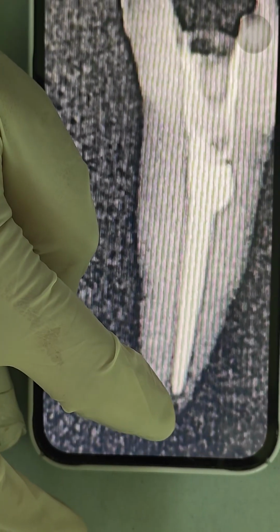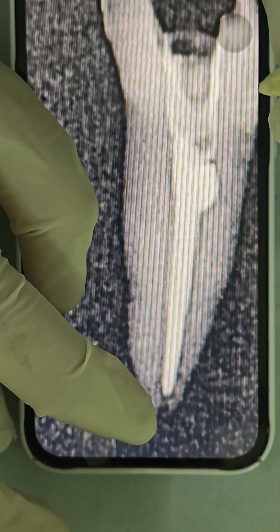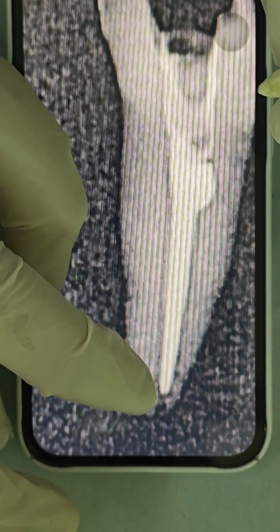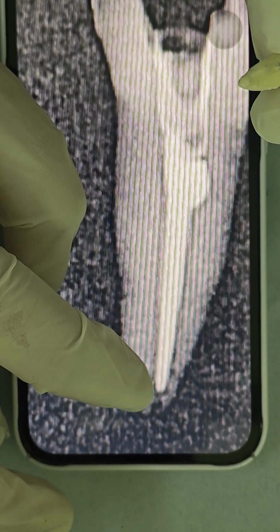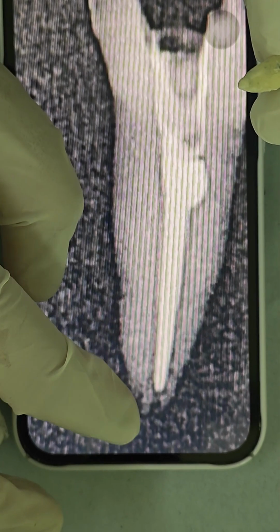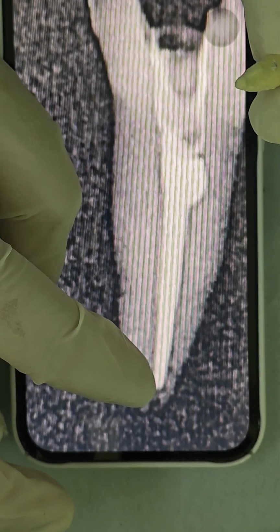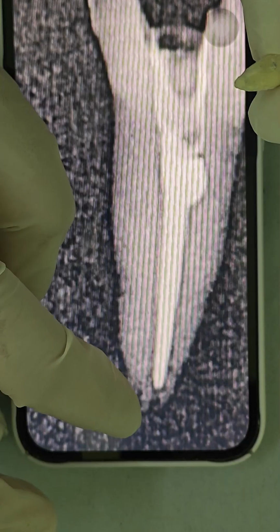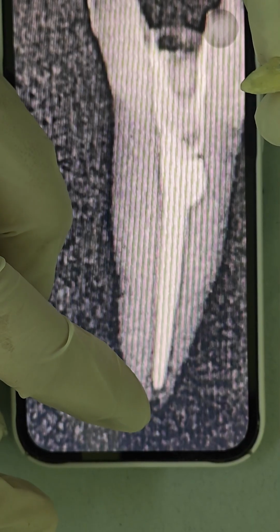I've kept it purposely short, 0.5 to 1 mm short of the radiographic apex, because sometimes the radiographic apex will not give you the correct minor diameter. We need to obturate till the minor diameter, and radiographic apex and your minor constriction do not always coincide, so we have to be careful of that.